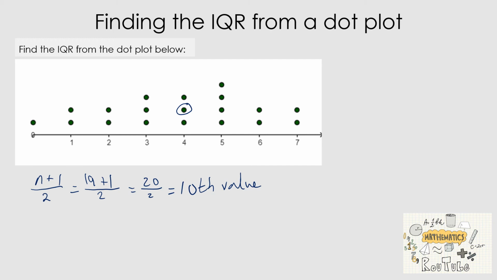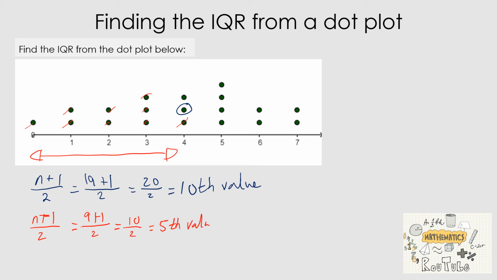Okay, so what we do from there is we count how many values are there in the lower half, which we'll do from here to here, which we might do in red. So we've got 1, 2, 3, 4, 5, 6, 7, 8, and 9. So then to calculate the median of the lower, we're going to do the same thing again. So now it's going to be 9 plus 1 over 2, which is 10 over 2, which equals 5, which